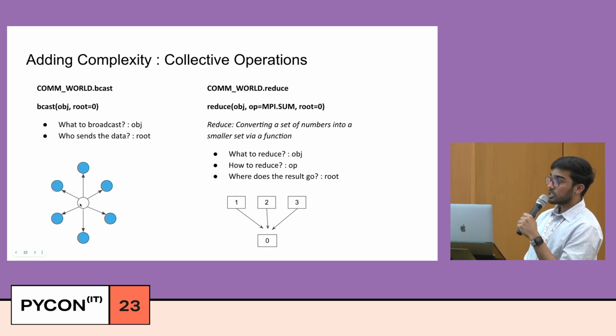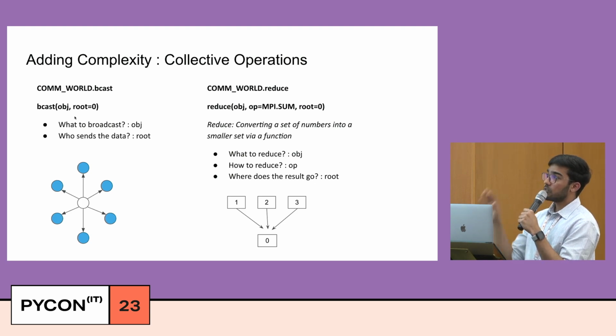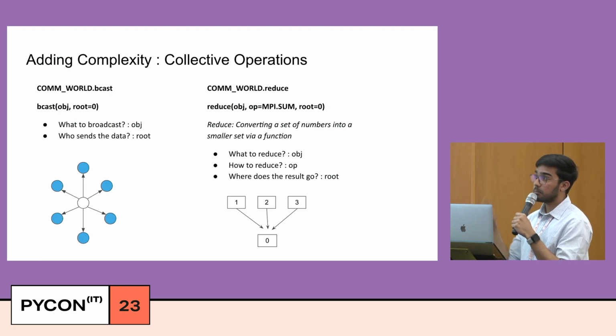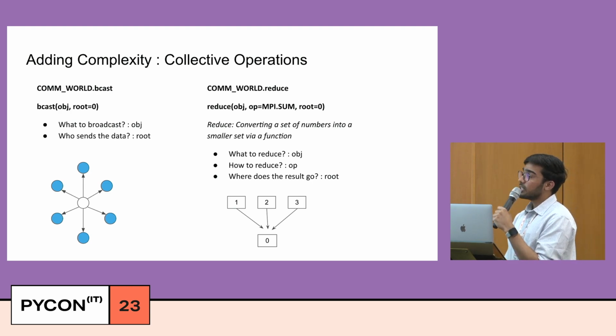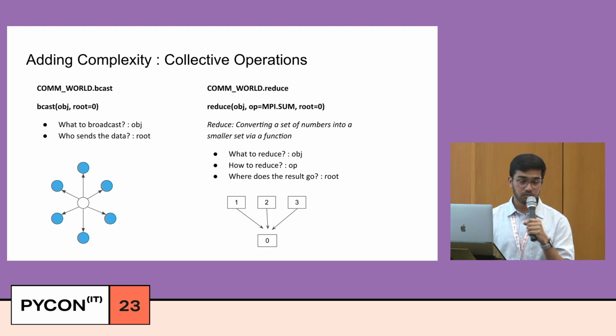What we can do is write this bcast call, which specifies what data you need to send and who needs to send it. This call is called for all the processes, but only root equal to 0 matters. So basically, only the process with rank equal to 0 would send the data to all, and all the other processes executing this would have the data sent to them by rank 0. Another one is the reduce method,